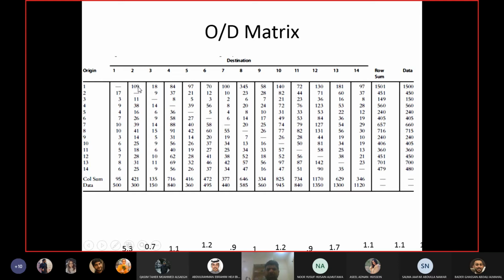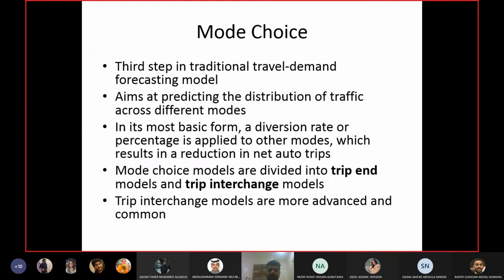This is the easiest method to calculate the number of trips taken by car from one zone to the other. Find out the percentage of people who usually go by other modes, including bus, walking, bicycles and so on, and then deduct that percentage from the trips which you have from one zone to the other, and you will have the number of trips by cars, which is our main aim. But this is a very simple approach.